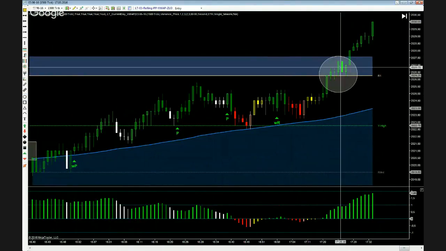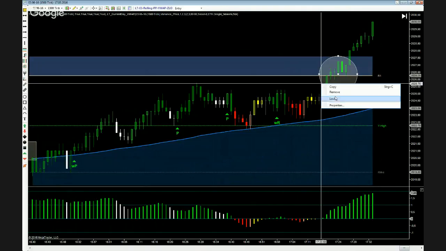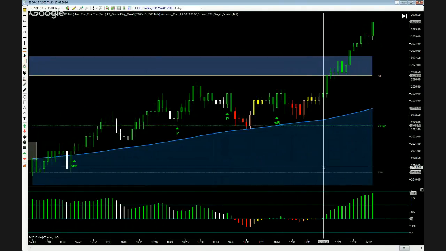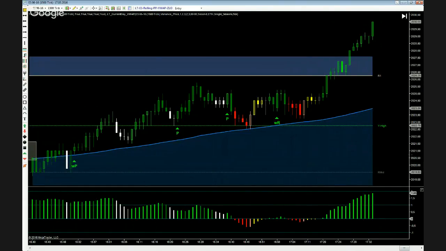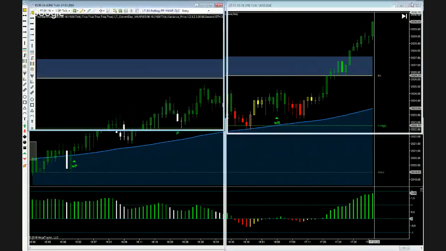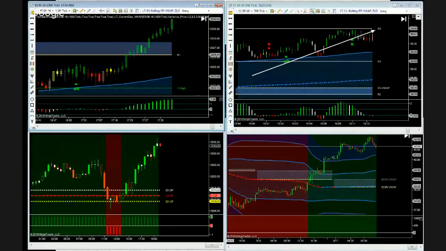So as you can see, again and again, there are buyers and sellers located in these areas, and that's why it's so important to be aware of where these price levels are. So I'm also trading this for the euro, but I think that is it for the examples today. I think I will move on to the